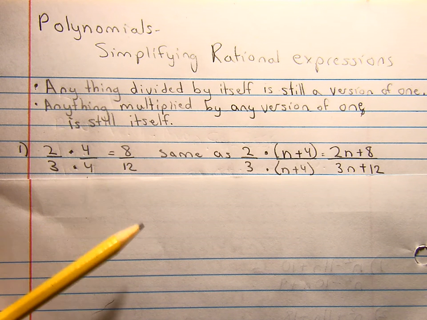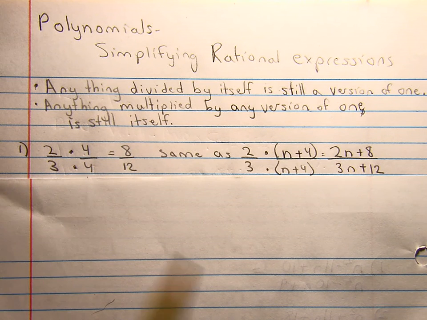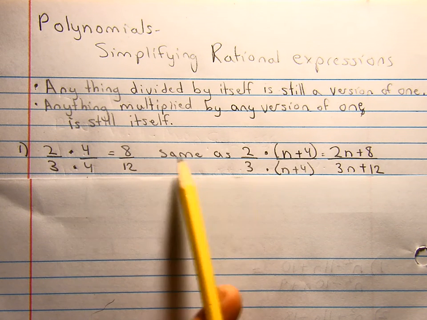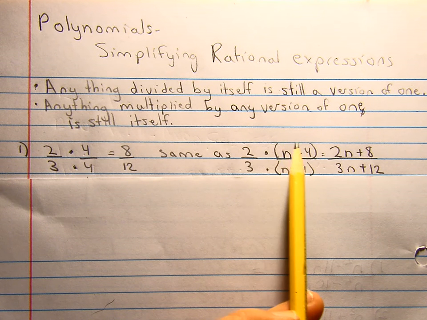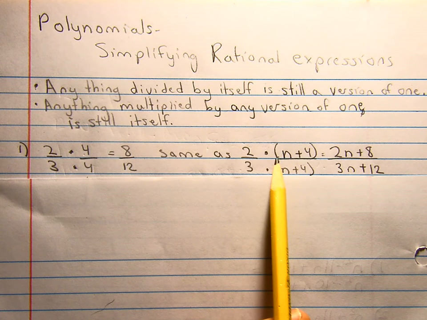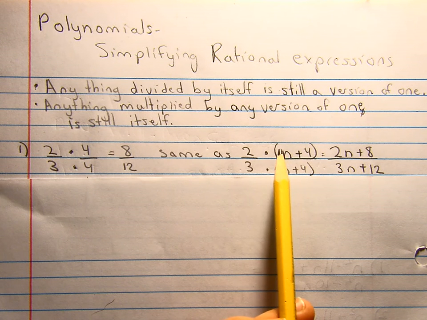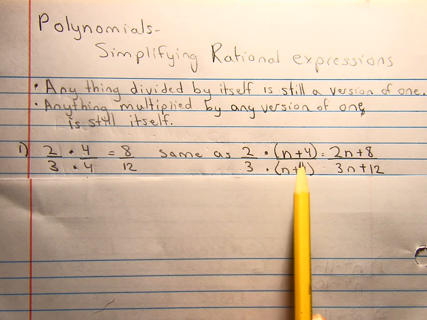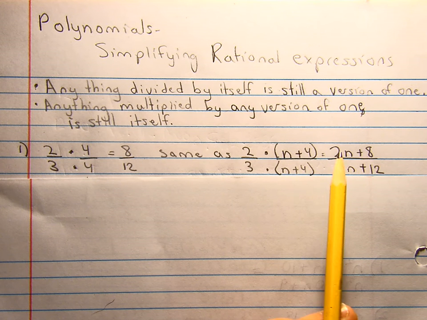The value is still there, it's just how it's broken up changes. So this concept remains the same even when we're working with polynomials. That anything multiplied by a version of 1, and a version of 1 is anything divided by itself, that it